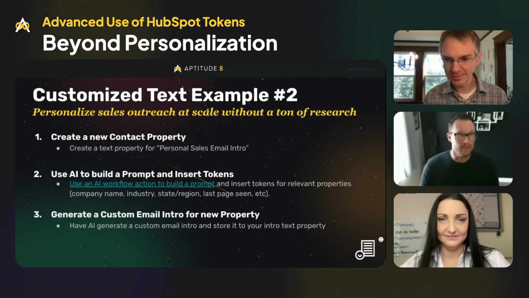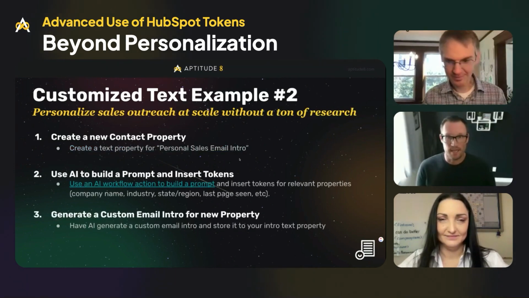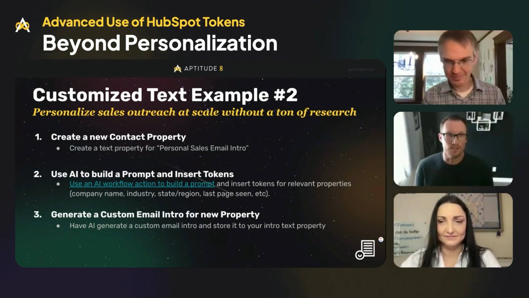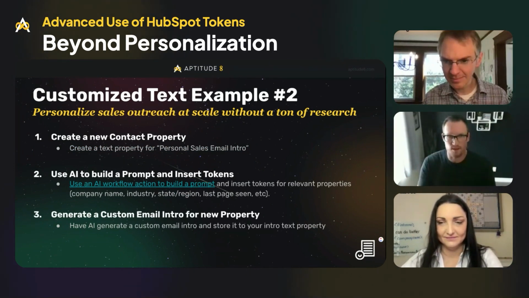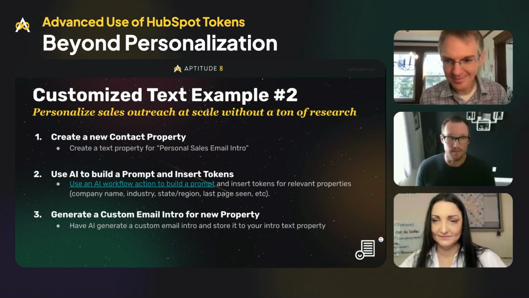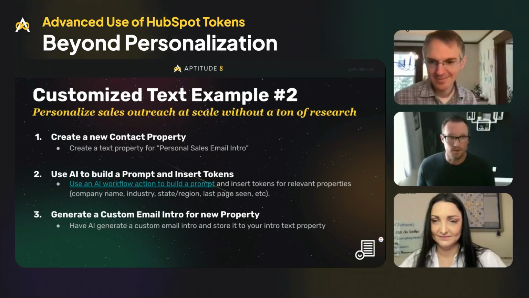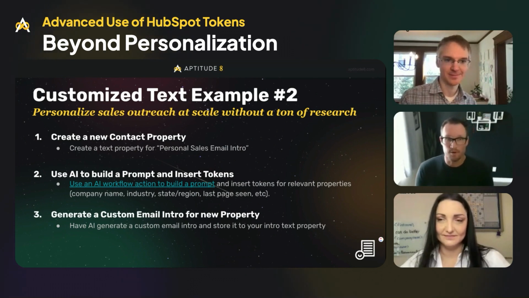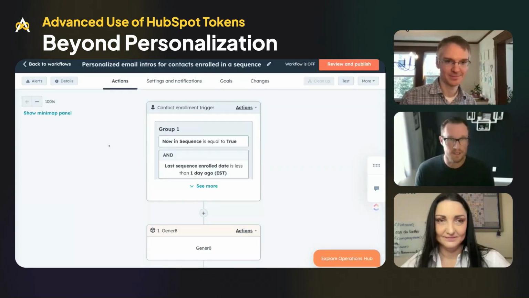Final example I have for you here is, let's say that you're sending out a sequence and you want to personalize a sales email intro. I think a lot of SDRs and BDRs know that a relevant personalized intro is going to be better received once you get somebody to open that email. And so here, what you can do is create a text property, actually multi-line text, called personal sales email intro. And then from there, we can do a very similar thing